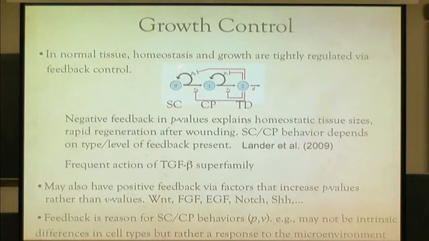And so this feedback on the self-renewal fraction basically says that the behavior of the cells, whether they're acting like stem cells, so they're self-renewing perpetually, or in cancer, that's basically the definition of a cancer stem cell, or a committed progenitor cell, which you would think would die out after a certain number of divisions, may not be intrinsic properties. They may be a response to feedback and feedback control.